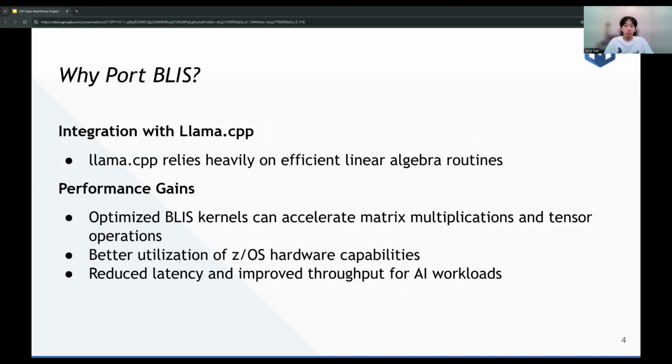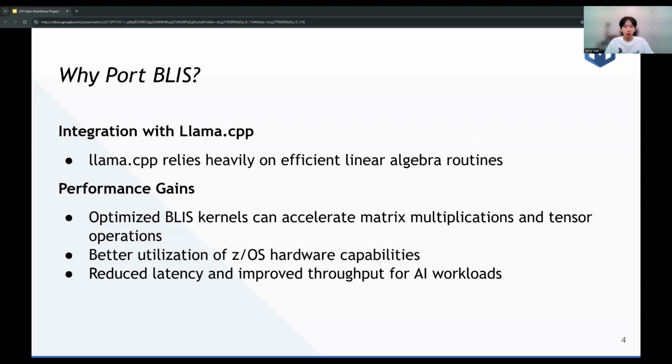As Igor mentioned before, the main motivation for porting BLIS to z/OS comes from the need to integrate with llama.cpp, which is an increasingly popular project for running inference on large language models efficiently. llama.cpp depends on fast and reliable BLAS routines, and BLIS offers a strong candidate because of its flexibility and performance. By porting BLIS, we can take advantage of optimized kernels that accelerate operations like matrix multiplication and tensor operations. On z/OS, this means we can better utilize the hardware, reduce computational latency, and improve overall throughput for AI